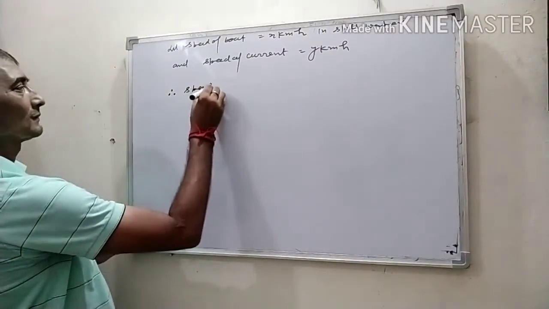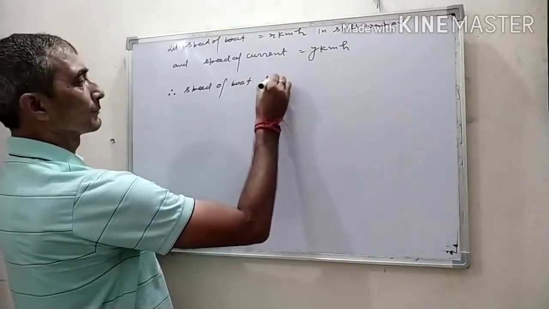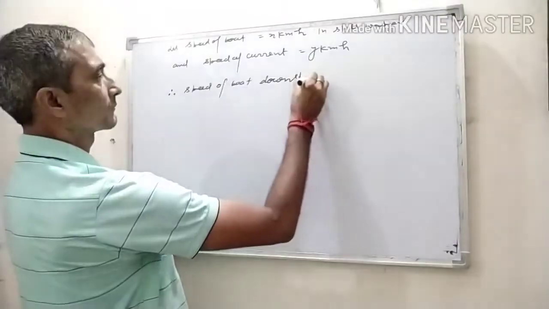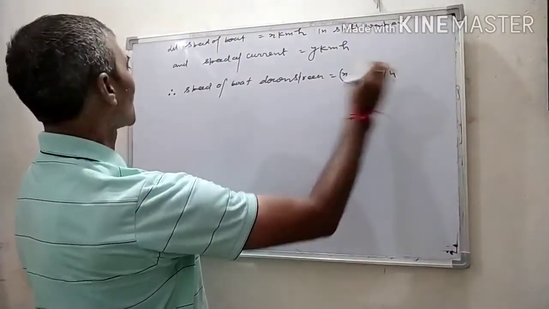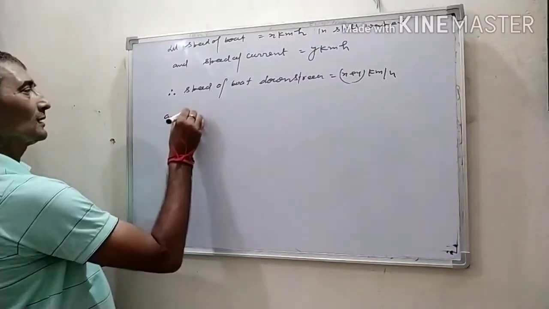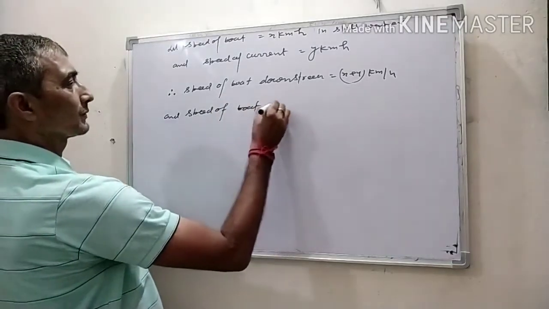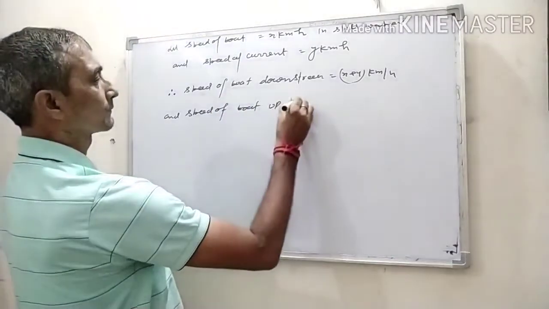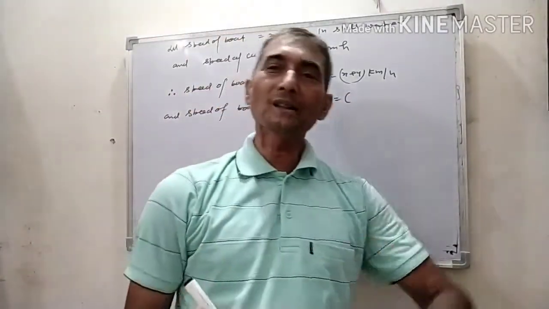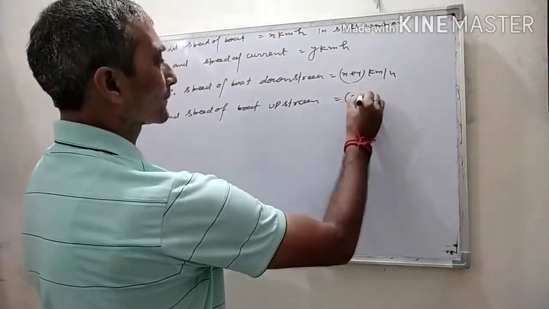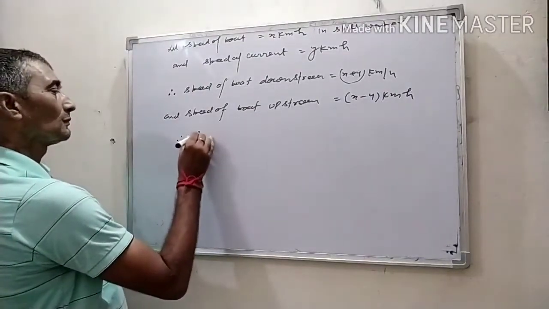Therefore, speed of boat downstream equal to x plus y km per hour, and speed of boat upstream equal to speed of boat minus speed of current, x minus y km per hour. Therefore, according to the question,